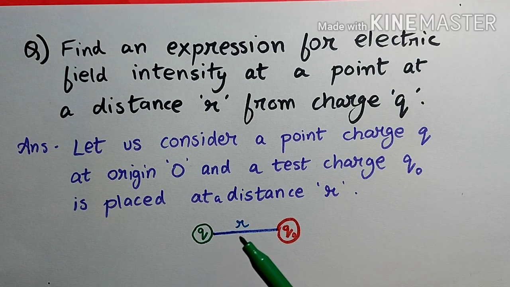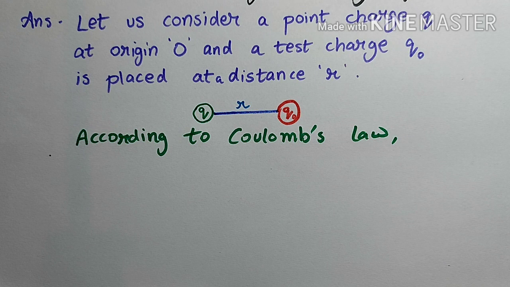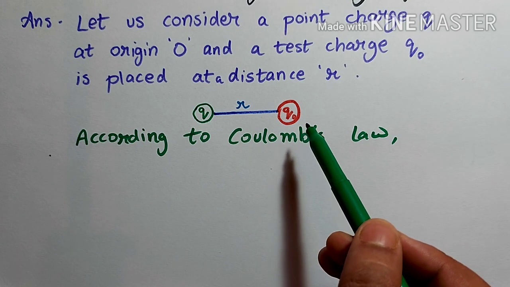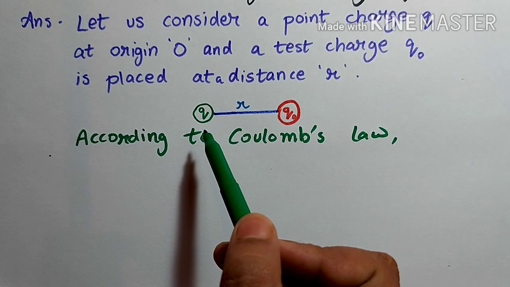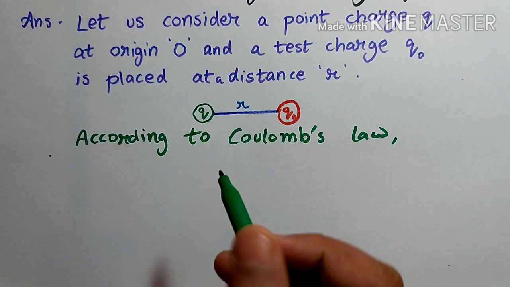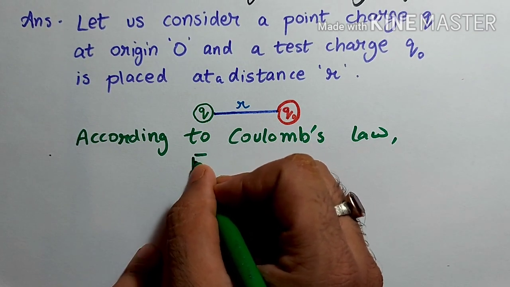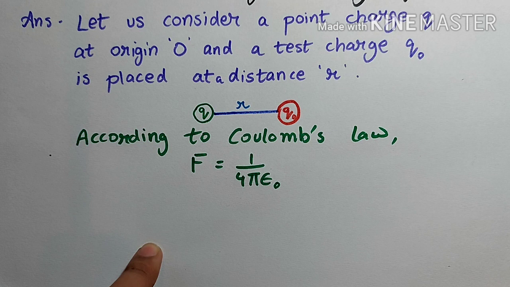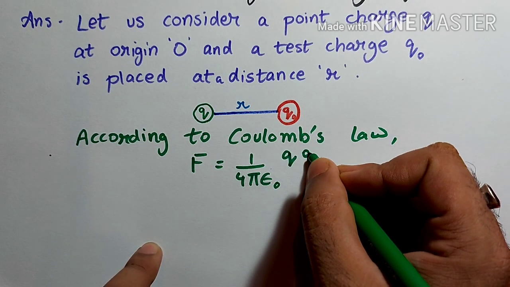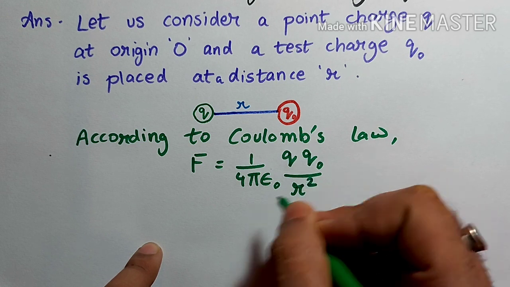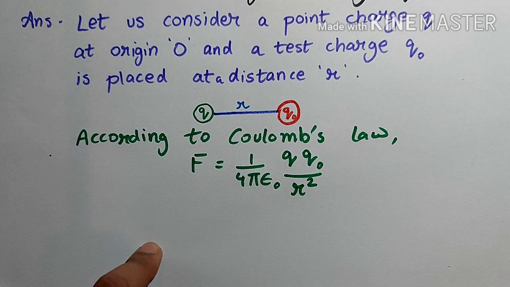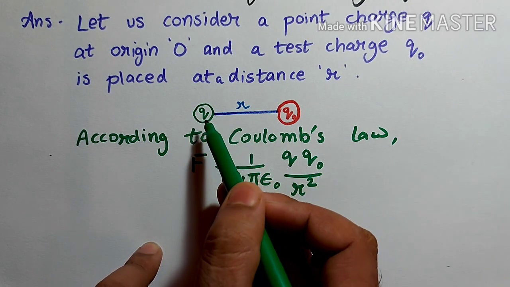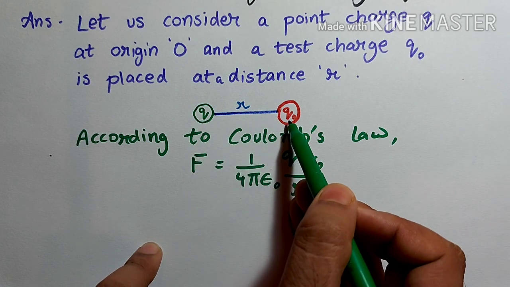Now, according to Coulomb's law, we know that the force exerted on the test charge due to the source charge at a distance r is written as F equal to 1 by 4 pi epsilon naught q q naught by r square, and the direction of force is along r because when the source charge exerts a force on q naught,